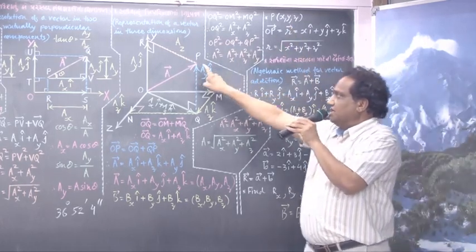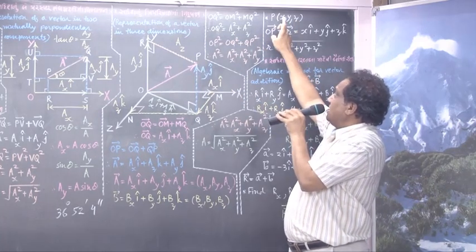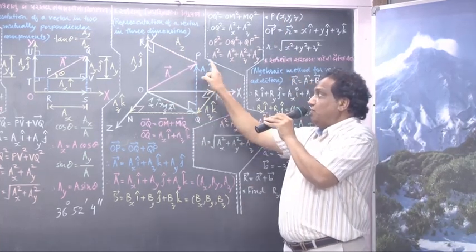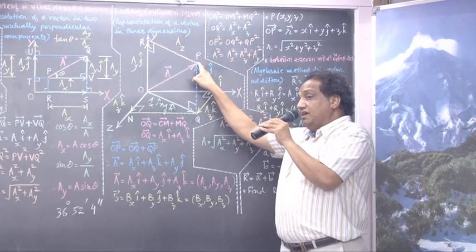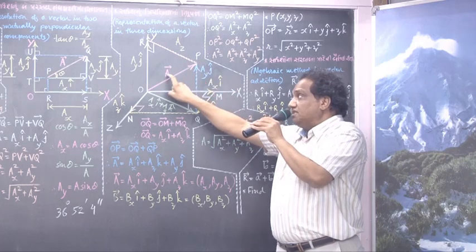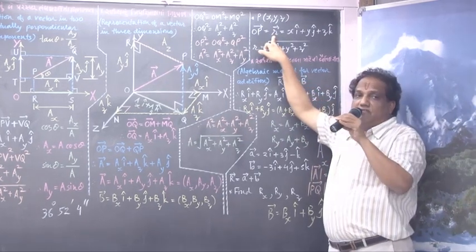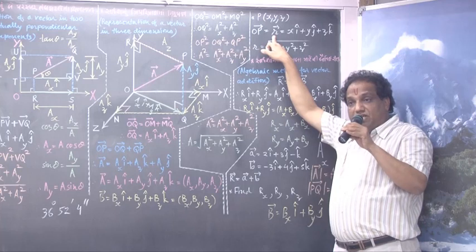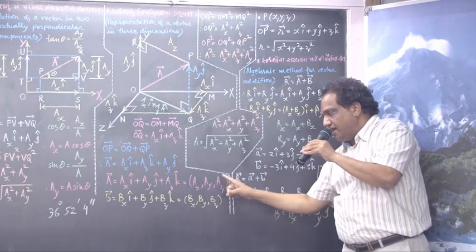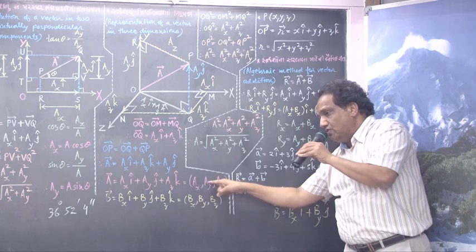Now suppose this is point P whose coordinates are x, y, z. Any vector which determines the position of a particle is called a position vector. So for point P you can take this as the position vector, and a position vector is shown by the symbol vector small r. How is a vector represented in 3 dimensions? If it has 3 components ax, ay, az, how would you write it in vector notation?